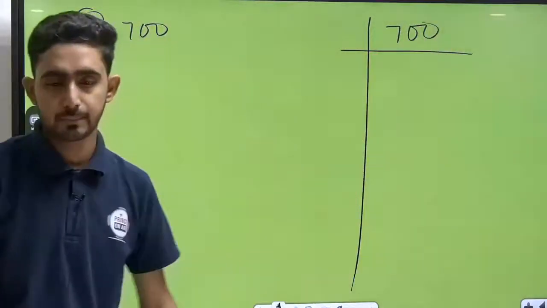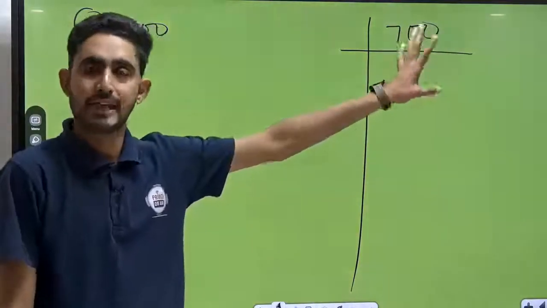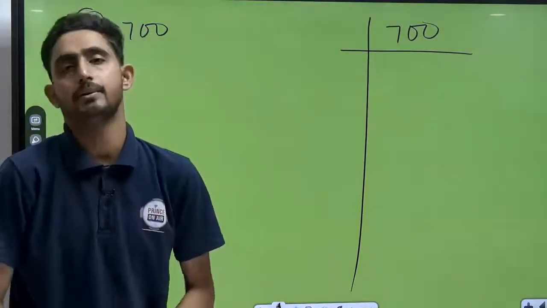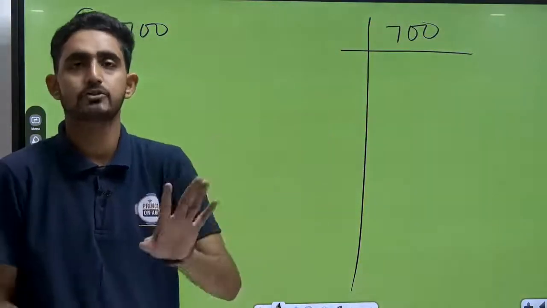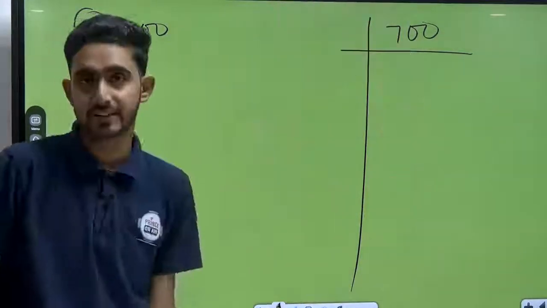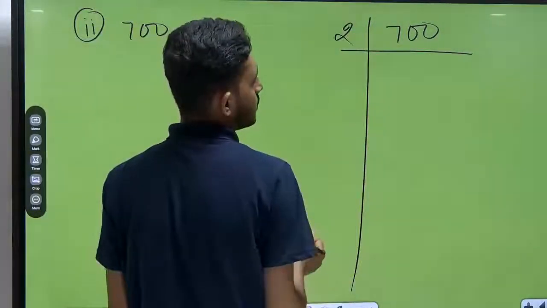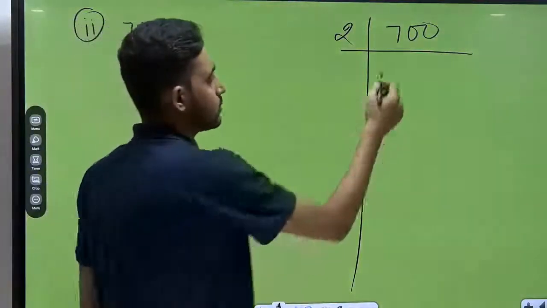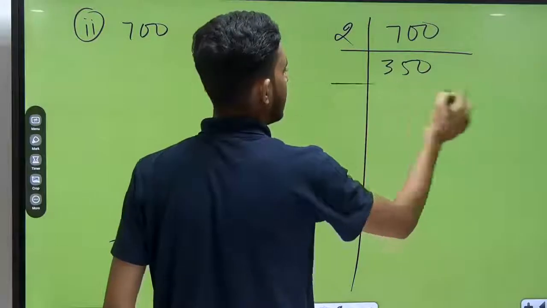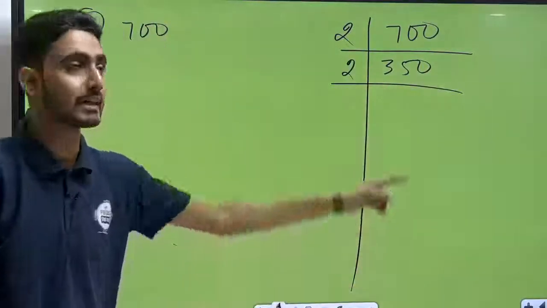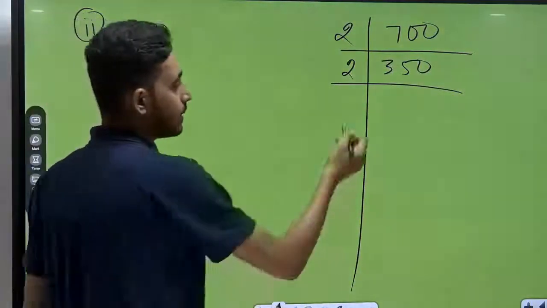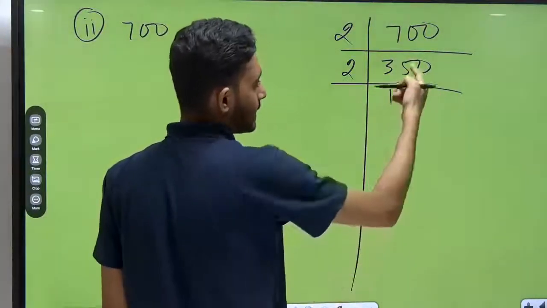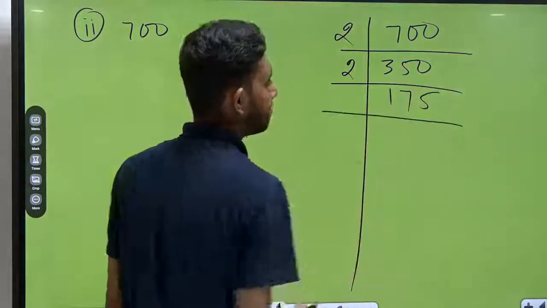First of all, what I have to do, see here all of you, same question, just same question. Obviously 700 is not a perfect square number. So first of all, I have to find out the prime factorization. Divisible by 2. So obviously all of you know 700 divided by 2, simple how many? 350. So write down directly 350. And again divided by 2 because at last 0 is here. Now write down: 2 1s are 2, 1 carry 15, 2 7s are 14, 1 carry 10, 2 5s are 10, done. Okay.